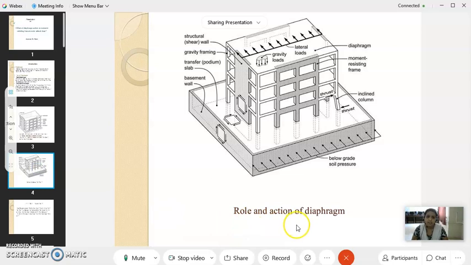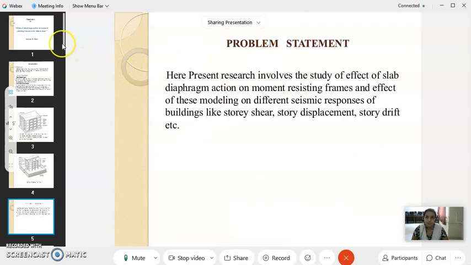Next, role and action of diaphragm. First, below grade soil pressure. Next, inclined column. Next, moment resisting frames, lateral load, lateral thrust. Next, problem statement. The present research involves the study of the effect of slab diaphragm action on moment resisting frame